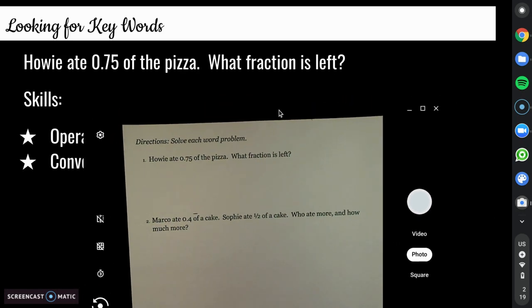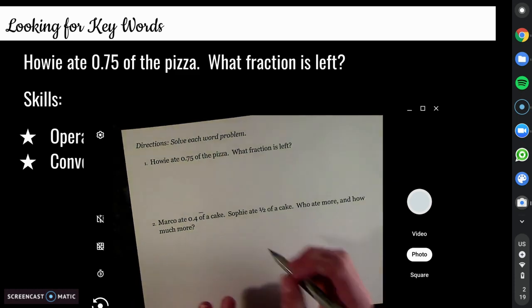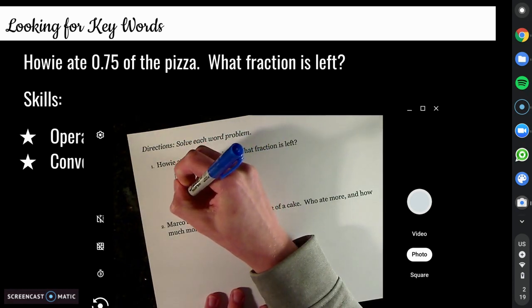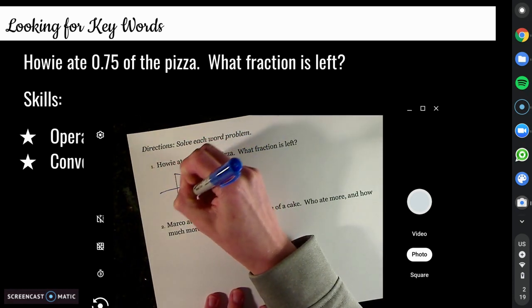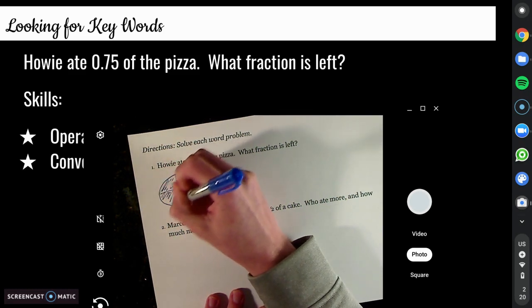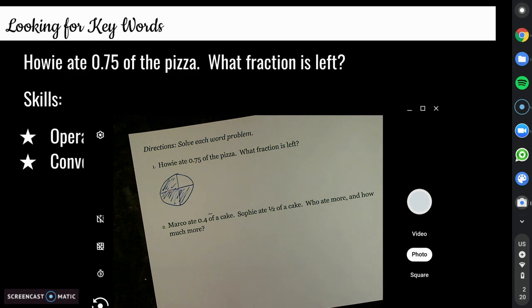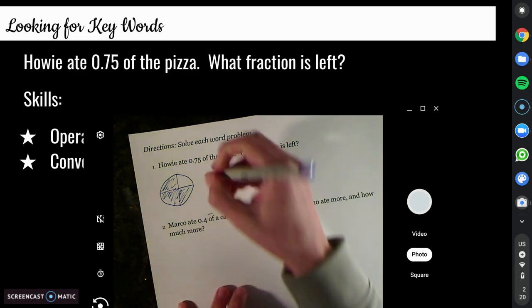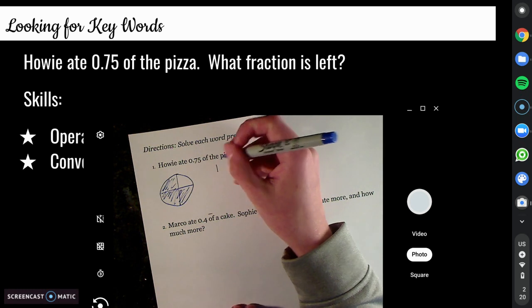Because you need to figure out how much is left. So let's talk about this. I'm going to use marker so it's easy for you to see this. Okay, so Howie ate 0.75 of the pizza. We can use our RDW. Okay, you know that he ate 0.75 of the pizza. So he started with one whole pizza, minus